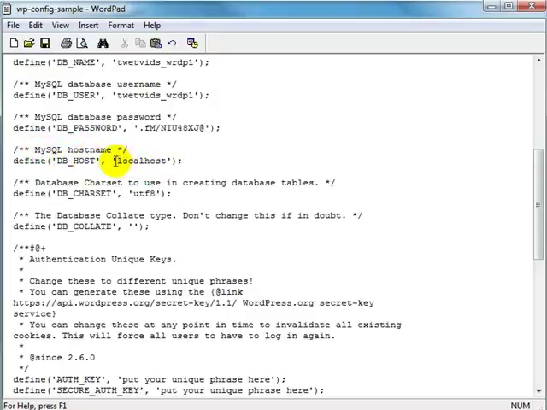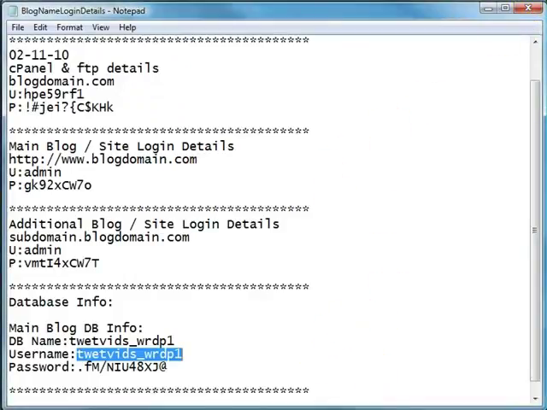Again, most every time it's going to be localhost, but for those of you that are on 1&1 or any other web hosting service that this is not the case, then if you can't find it, just contact them. Tell them you're setting up a WordPress blog and you have to have the database host name. What the heck is it? But it's usually going to be right in the same neck of the woods as the rest of this stuff. So chances are pretty good. If you look around, you're going to find something that says MySQL host name, or whatever your database is, host name. So now that we got that saved, we can close this out